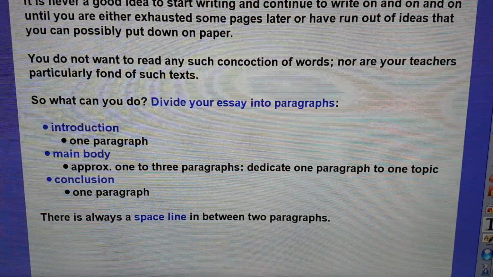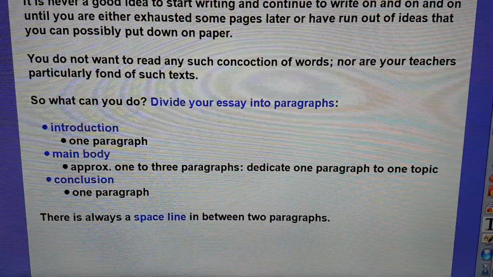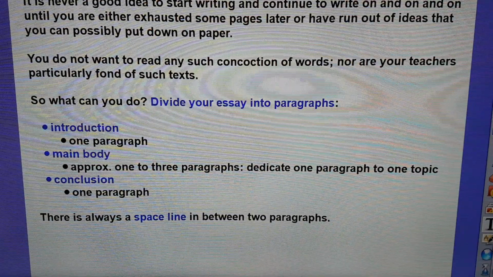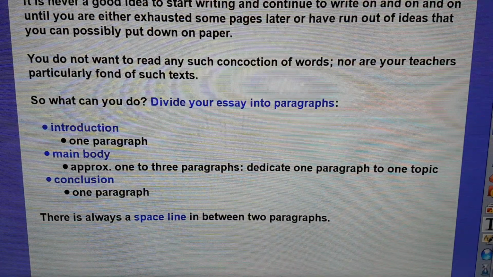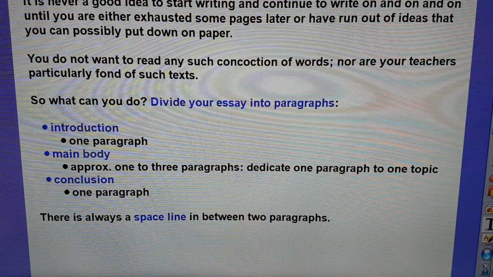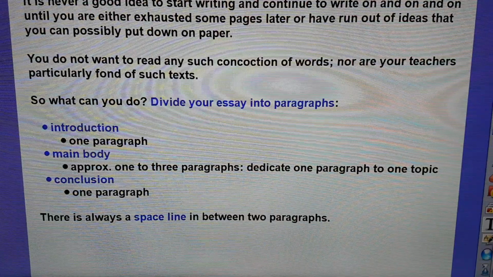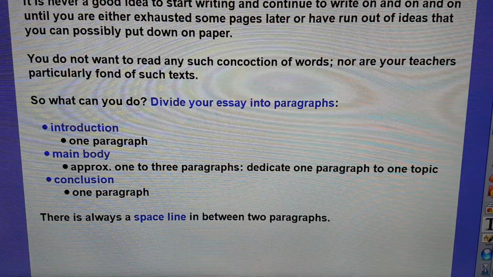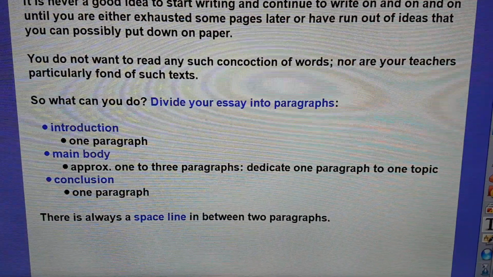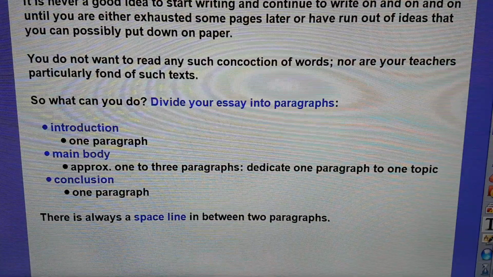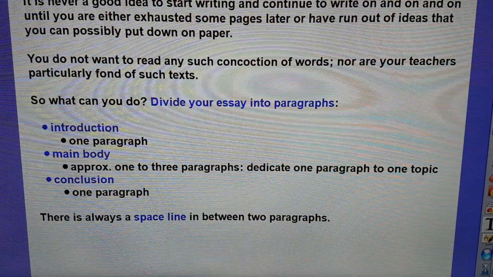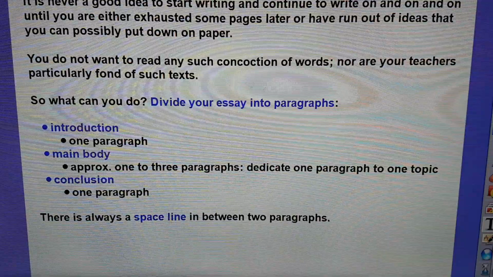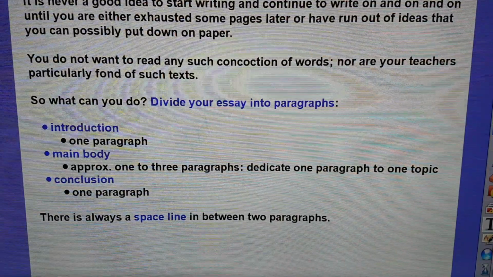And when you are writing, let's say, a main body of 3 paragraphs, please dedicate 1 paragraph to one topic. And then there's going to be a last paragraph, and this is your conclusion in which you sum up your